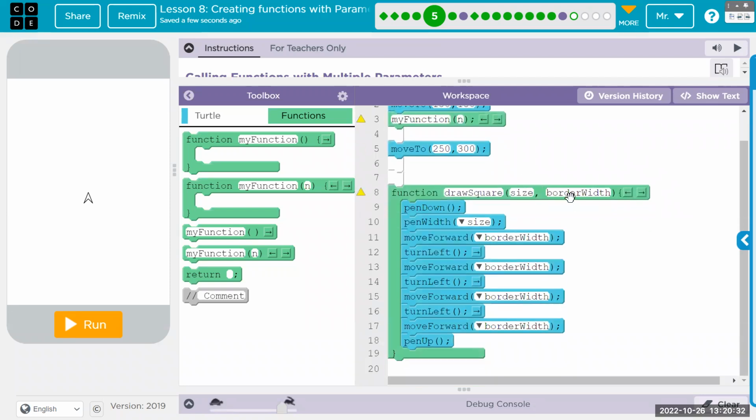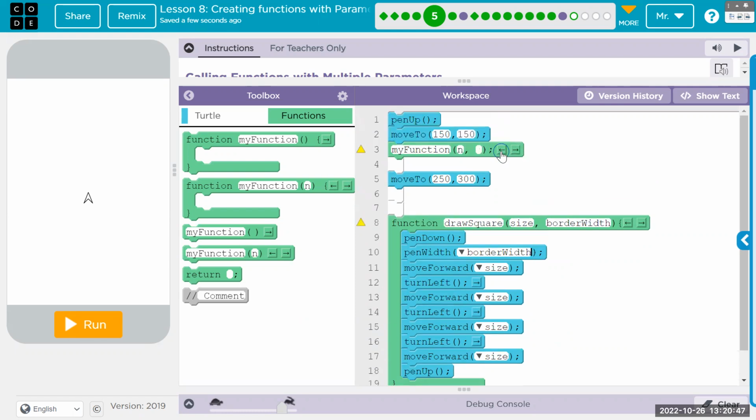But yeah, so let's just stick with size being how far we move forward, and border width be how wide the pen is. Then when we call that,